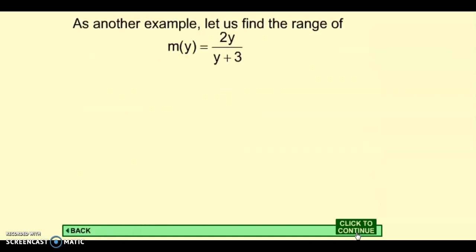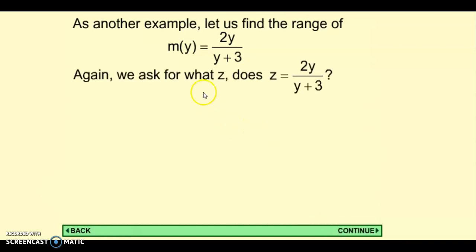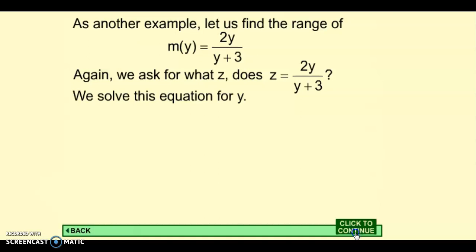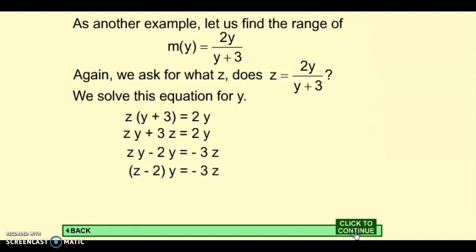As another example, let us find the range of this function. Again, name the function z equals 2y plus 3. I told you that you have to extract this variable. Let us extract it. Let us separate it. Solve this function for y. When you are taking a few mathematical steps, you have extracted this y from this function. Now, once your value is extracted,